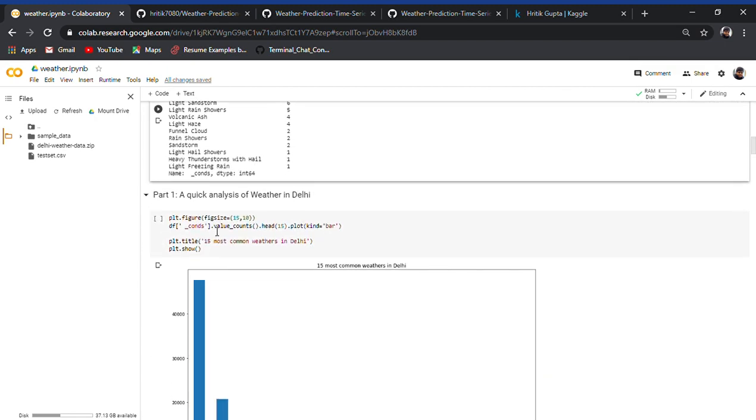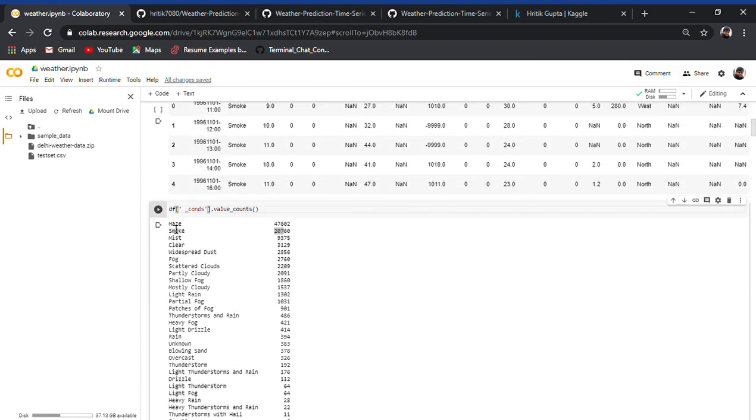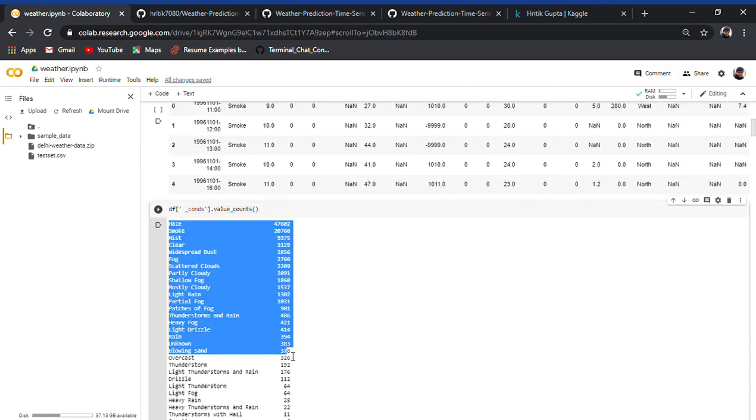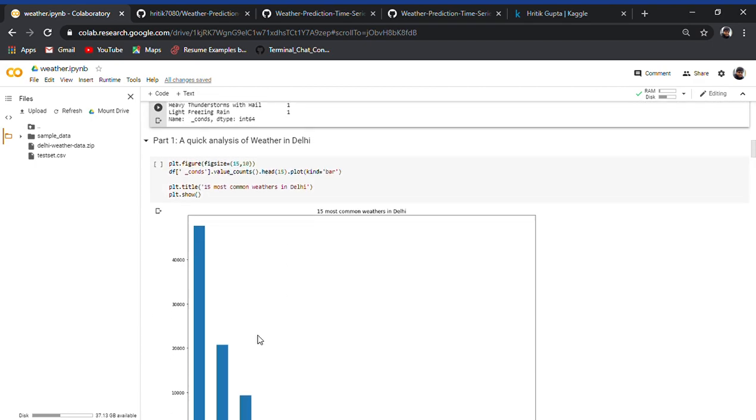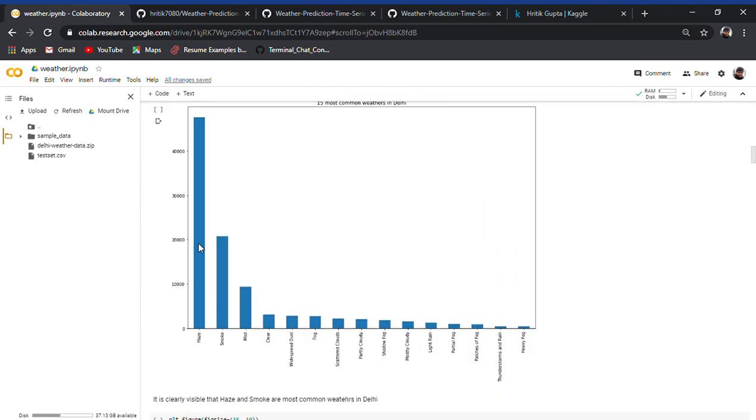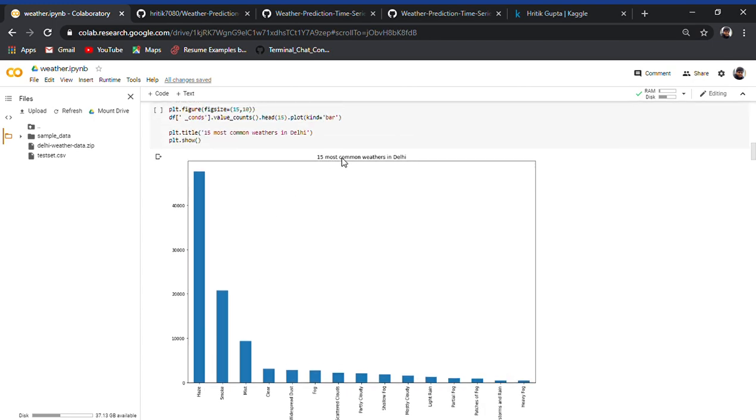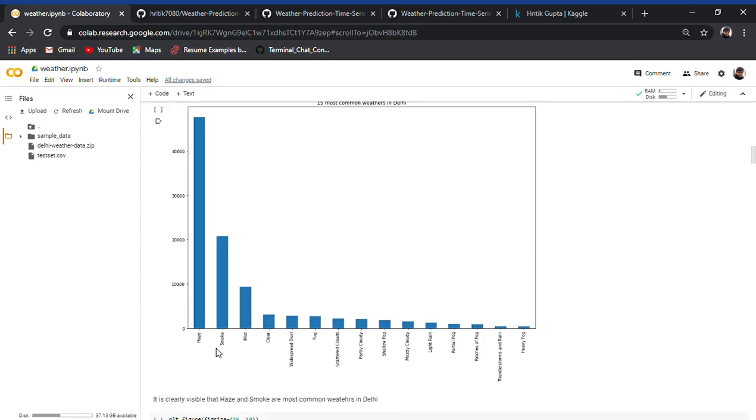After this we are taking the top 15 categories of this feature and making this graph. Here you can see the top 15 most common weather conditions in Delhi. Haze and smoke are the most common weathers in Delhi.